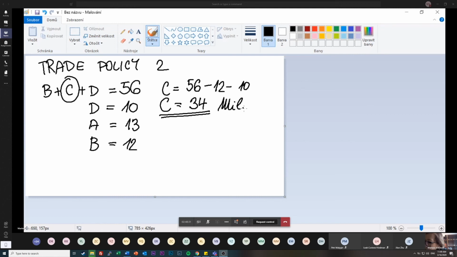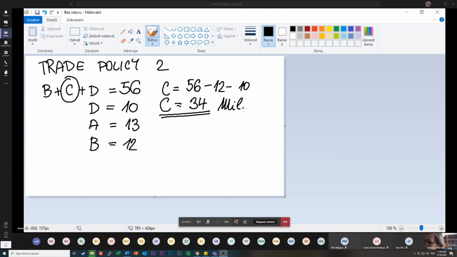So, consumer surplus decrease. You know it, that the consumer surplus decrease is this. So, what we do, we know A, 13. Oh, we know everything here, it's 56. So, that's all. As for the exercise